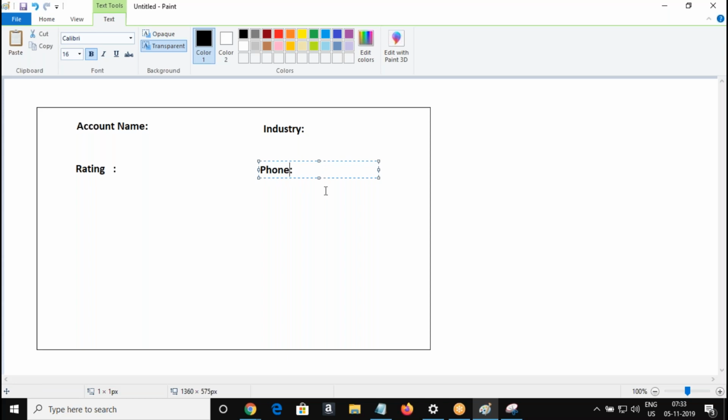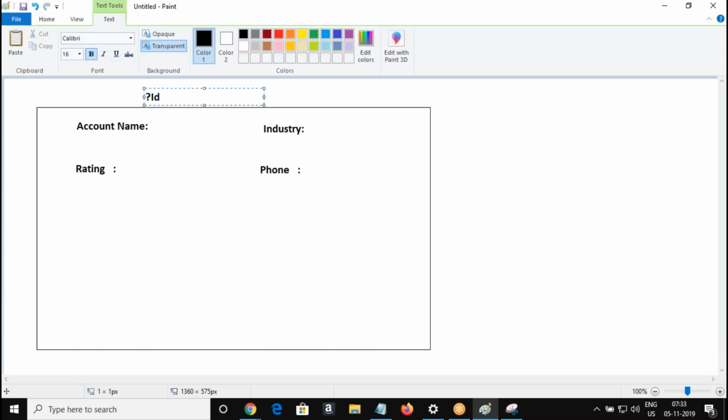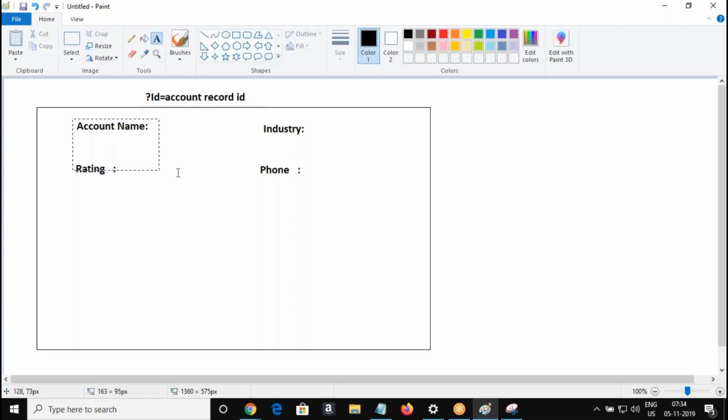Got me? So this is a page I need to create. The details should be displayed for any account ID we are passing here. The account record ID we pass as a query string. Corresponding details should be displayed here.